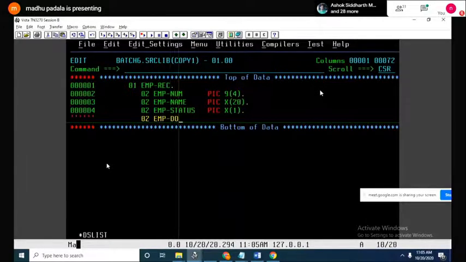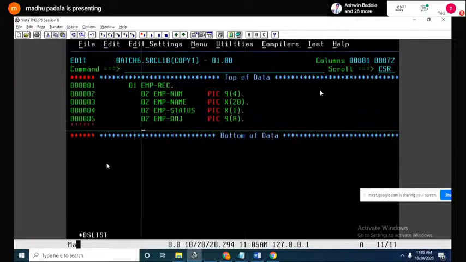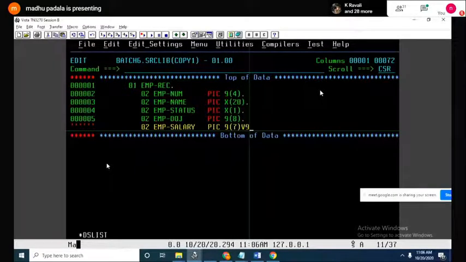EMP DOJ picture 9 of 8. Now salary, picture 9 of 7, V9 of 2.